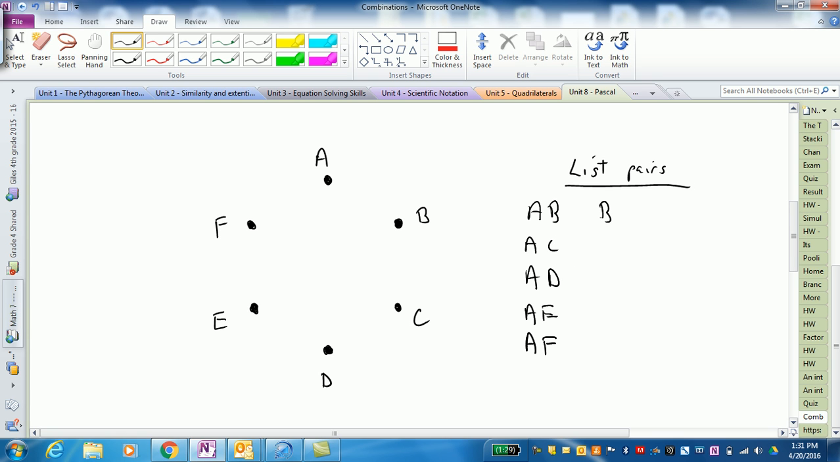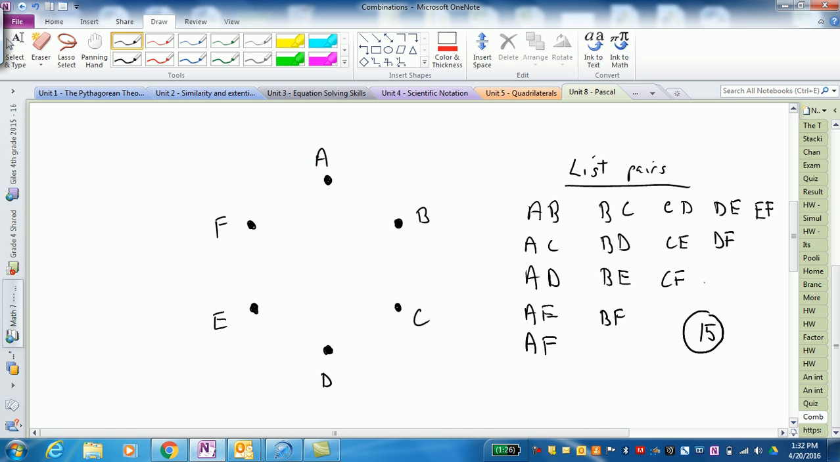Then we could have B goes with C, B could go with D, B could go with E, B could go with F. Move on, C has already been paired up with A and B, so C could go with D, C could go with E, C could go with F. Moving on, D could go with E, and D could go with F, and finally E could go with F, and that's it. So we could count 5 and 4, 9, 12, 14, 15. There are 15